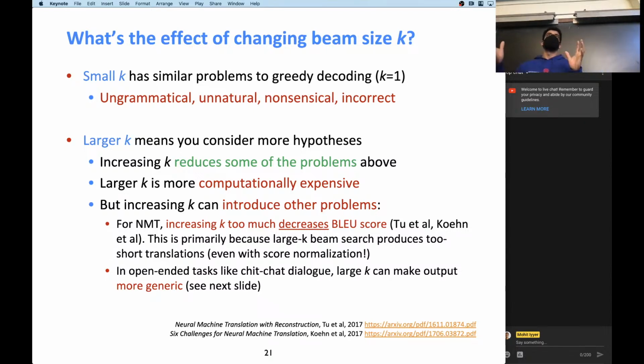So that's why in practice you're using a beam width of 5 to 10. But obviously these things depend on the particular model you're using and the task. There are some tasks where using really, really big values of k is actually effective, but not text generation tasks in general. Okay,